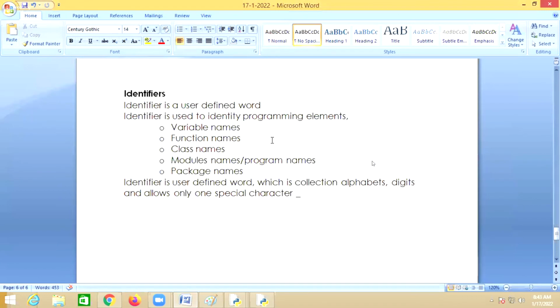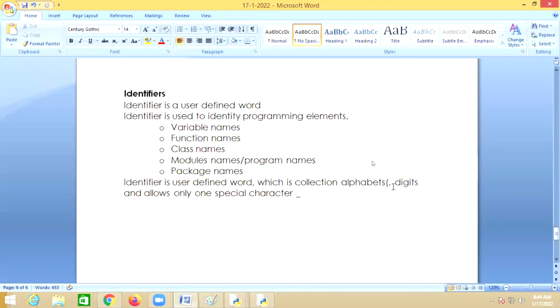Identifiers are like variable names, function names, class names, module names, and package names. An identifier is a user defined word, a collection of alphabets, digits, and only one special character, underscore.